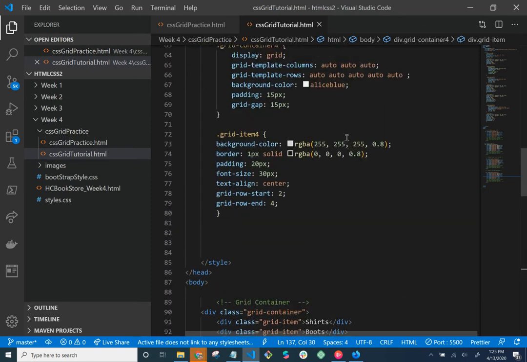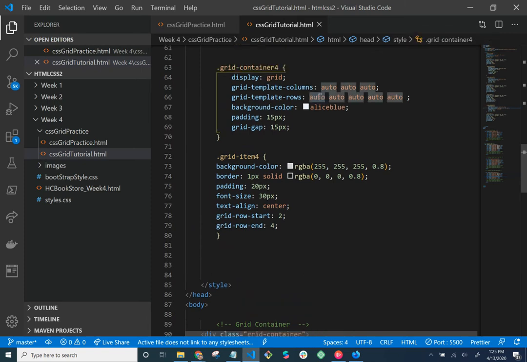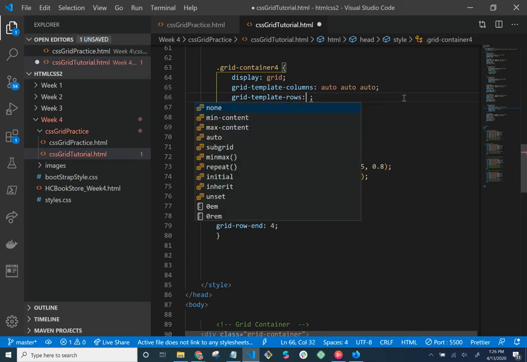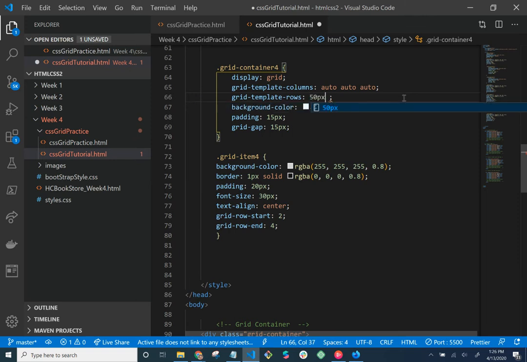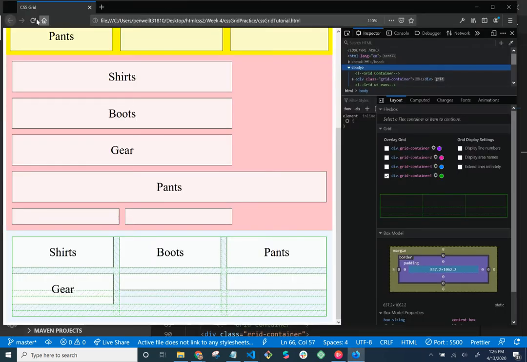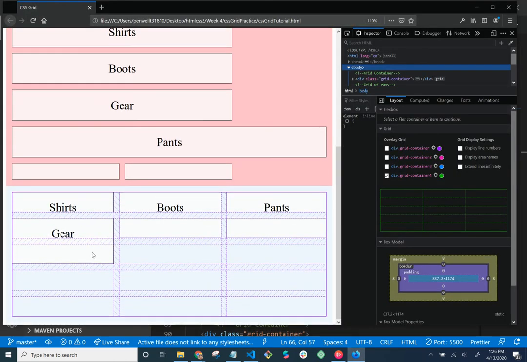So what if I actually gave all of this, maybe, let's see. Let's say I did 50 pixels, 50 pixels, 50 pixels, 50 pixels. I have to remember how to do the repeat. Okay. Yeah, that's a little bit better